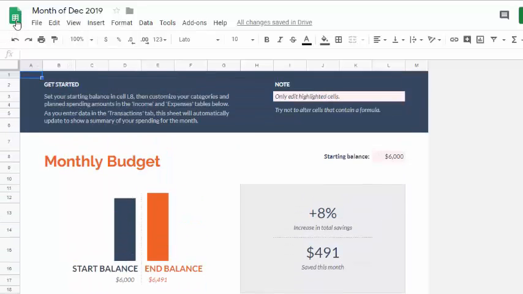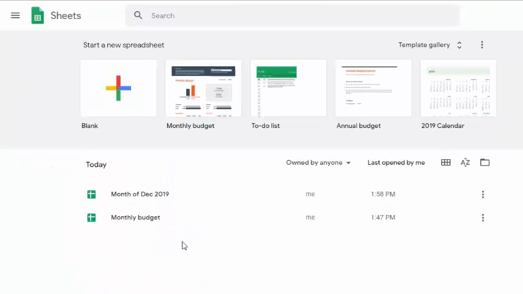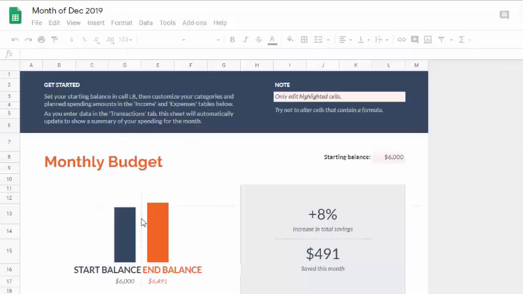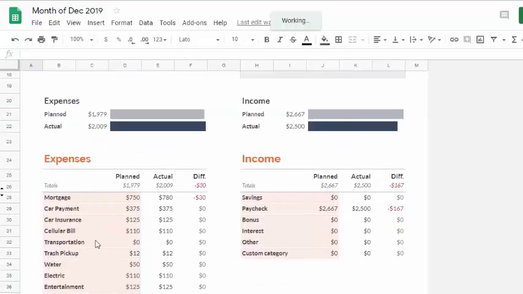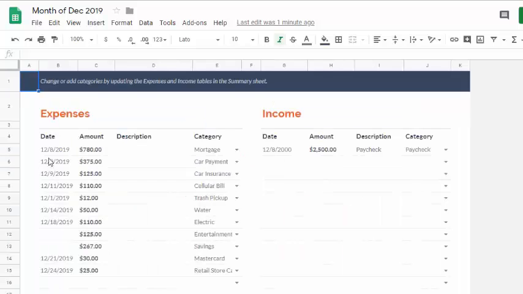And then you can see, the next time you log into Google Sheets, it'll be there. And the nice thing about that is, say it's the next month, you don't want to have to re-enter all this stuff right here. Even your planned and your actuals may stay close to the same. So what you can do is, when you bring it up the next month, go in here and change your dates,